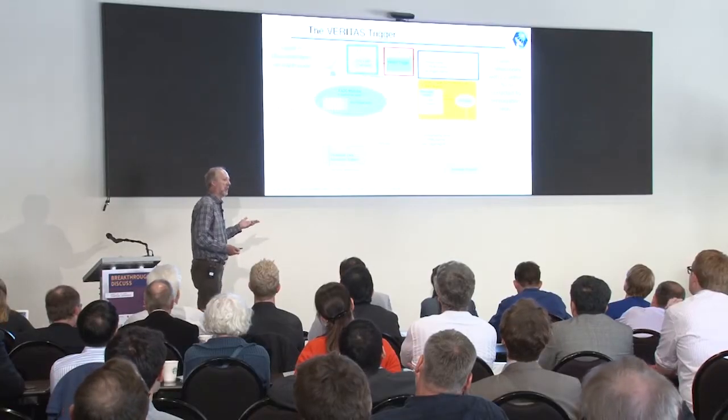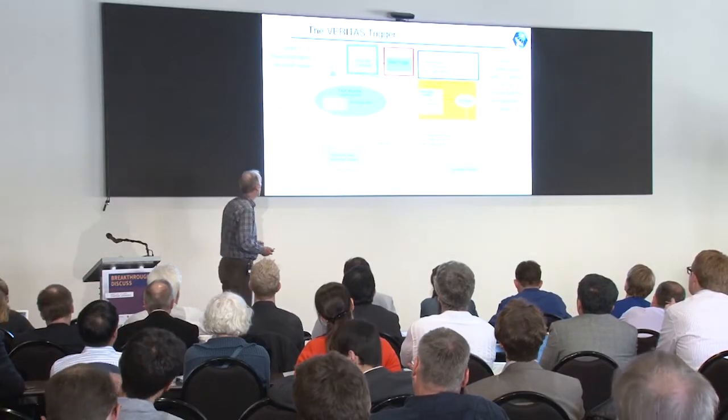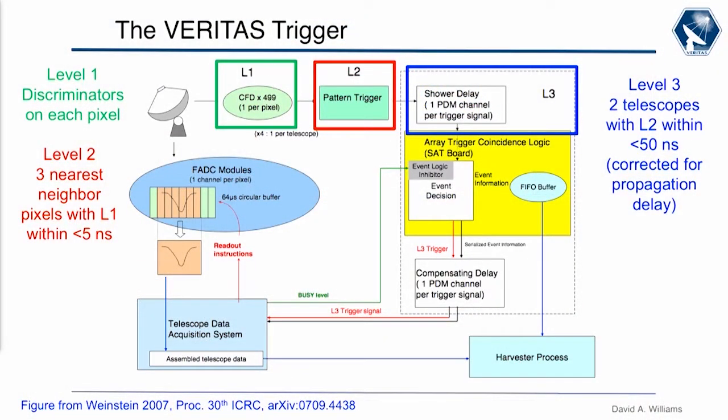One of the things that's important for thinking about using these telescopes for optical SETI is how we decide which images we're going to record. This is done by the trigger system, which has 3 levels. At level 1, there's a discriminator on each of the photomultiplier tube signals. Those discriminator signals are fed to a pattern trigger, the so-called level 2 trigger, which looks for a pattern of 3 nearest neighbors that fired their level 1 signal within a 5 nanosecond time window. And then finally,